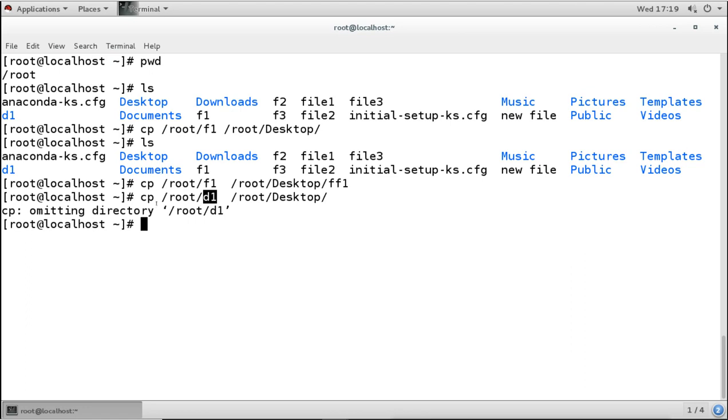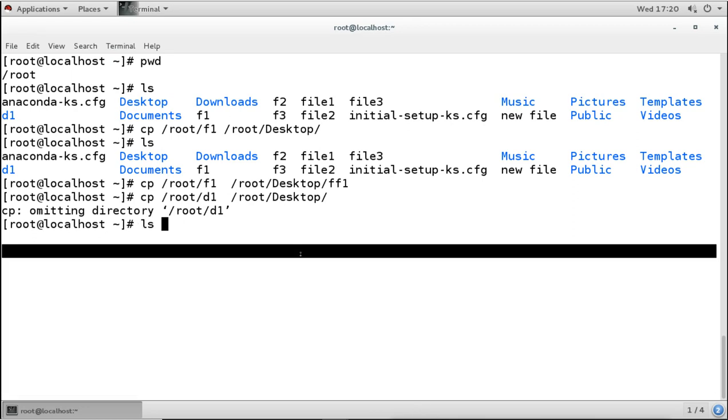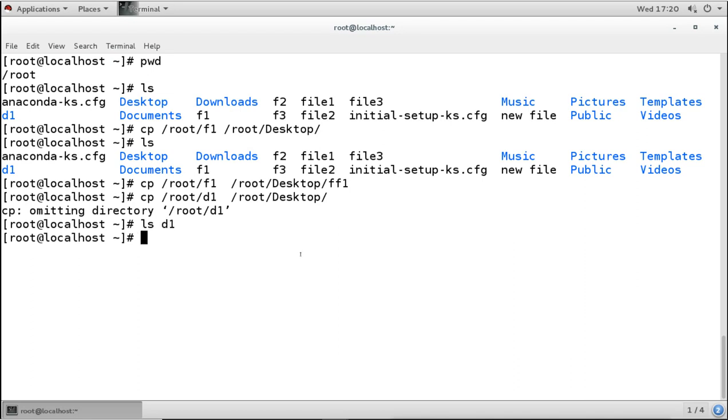So Linux is saying it is not able to copy the directory because maybe there is a file inside this directory. But we know that there are no files inside this directory. We remember that we have just created this directory and there are no files inside it. We can check under D1, there are no files, it is empty. Even if I give the absolute path, the directory is empty, but still it will not allow us to copy the directory because it thinks that there are some files inside it.